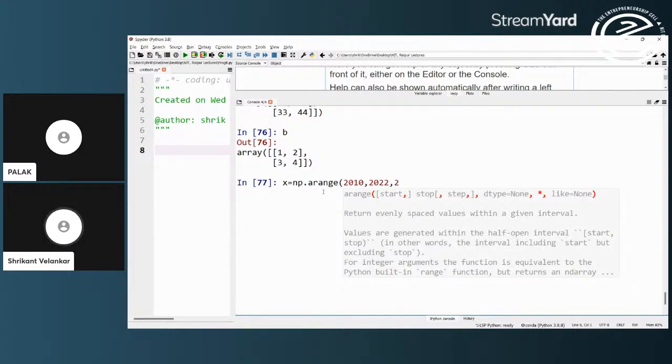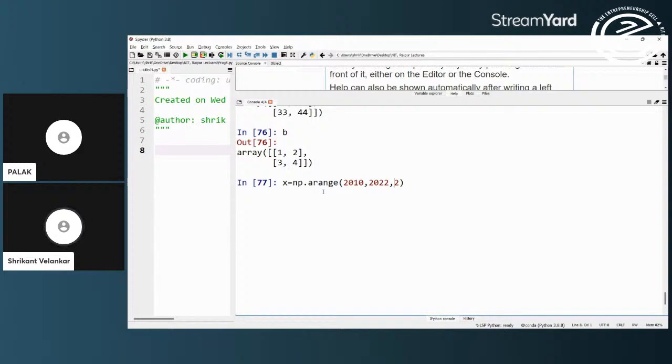Unfortunately, 2022 here would be excluded, so we will have to write 2024. And then if I see what x vector has been generated, that is what I want on the x-axis of my graph. This is very commonly required. You will see that values are now readily available to me as my x-axis: 2010, 12, 14, 16, 18, 20, 22.